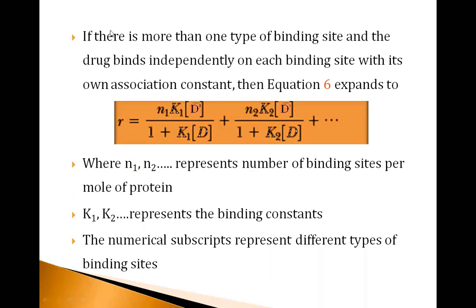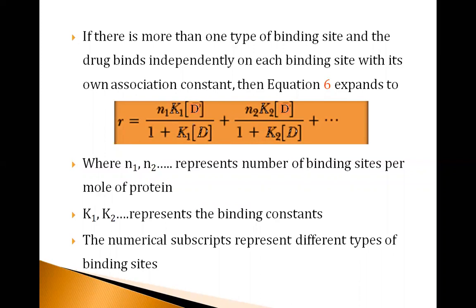Now, till now, initially we began with one assumption that 1 mole of protein is binding to 1 mole of the drug. Fine. In that 1 mole of the protein, we assume that only one binding site is present. Okay, that was also done. Later on, we assumed that there is more than one of the same binding site. So that's why we use the letter small n.